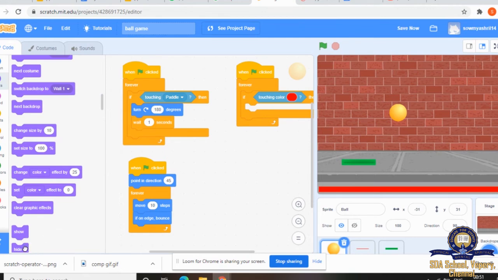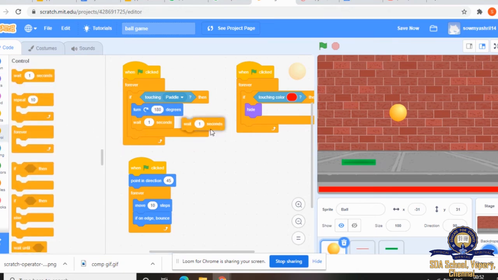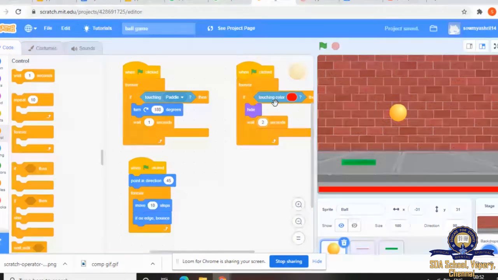Hide. Then control, wait. We have to wait for 2 seconds. Again the game will start, right? For that we are giving that after 2 seconds the game will start. Then again show. When red color is touched the ball will be hidden. Then we'll wait for 2 seconds for the next game to start. So after 2 seconds, show.